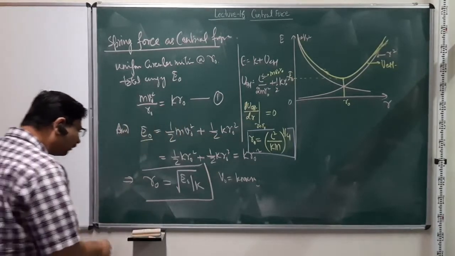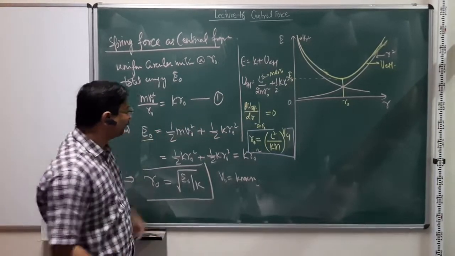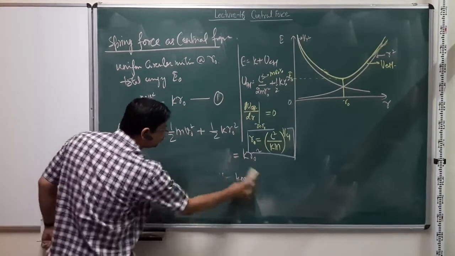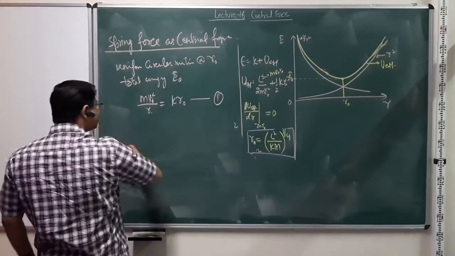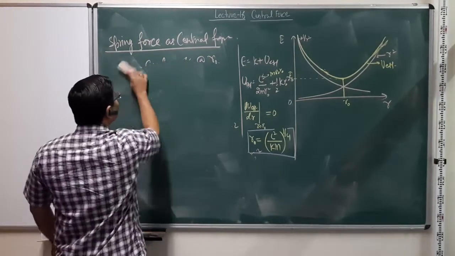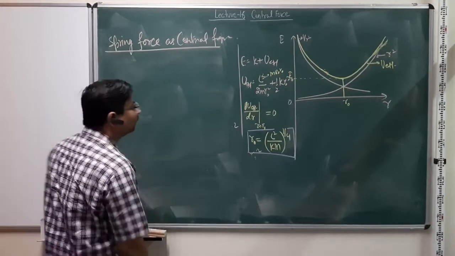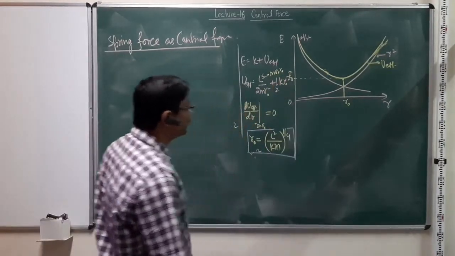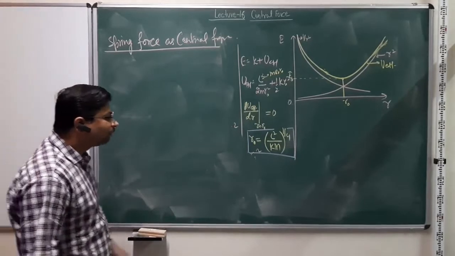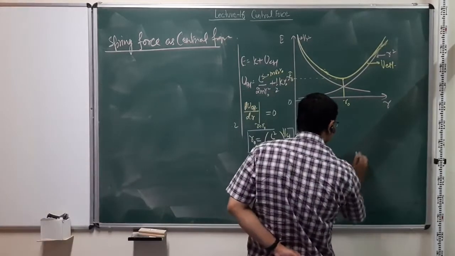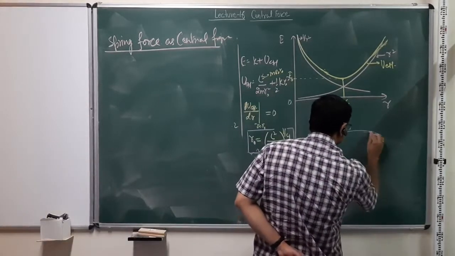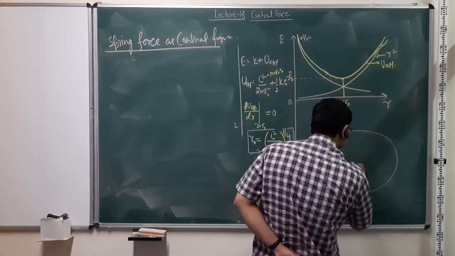Now, a slight variation, or an addition, on this problem. Let's say the system was in this state of uniform circular motion, going nicely about this R0 in a circular orbit. And now what we do is, let me just draw it again. So let's say this was my center.